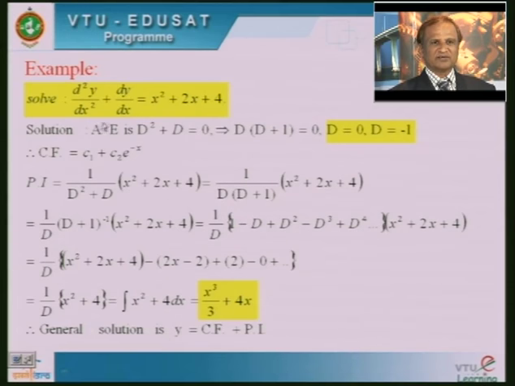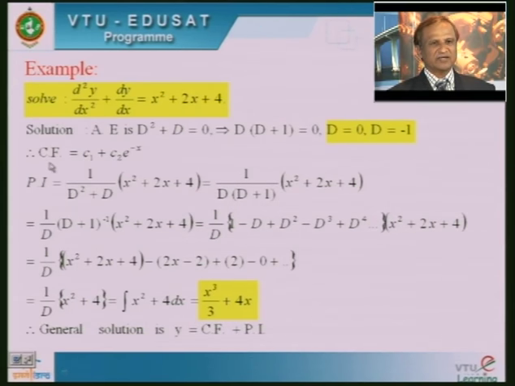So, first we want to find a solution of the homogeneous equation by replacing the right hand side with 0. Is it clear? We want to find the complementary function. How are we going to find the complementary function? As usual, replace d by dx by capital D, then replace D by m. I hope we can obtain the algebraic equation m square plus m is equal to 0. Is it clear? m into m plus 1 is equal to 0. So, I hope we will get m is equal to 0 or m is equal to minus 1. It means the roots are 0 and minus 1.